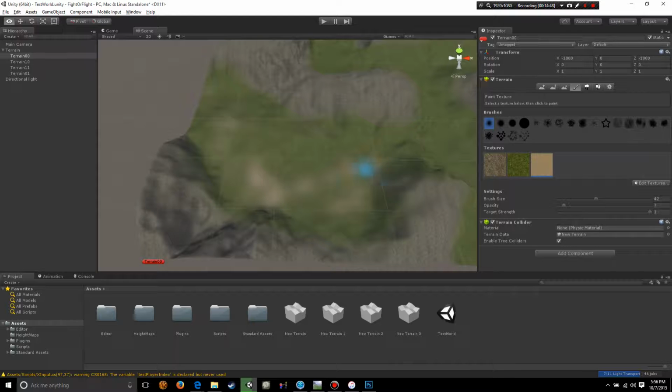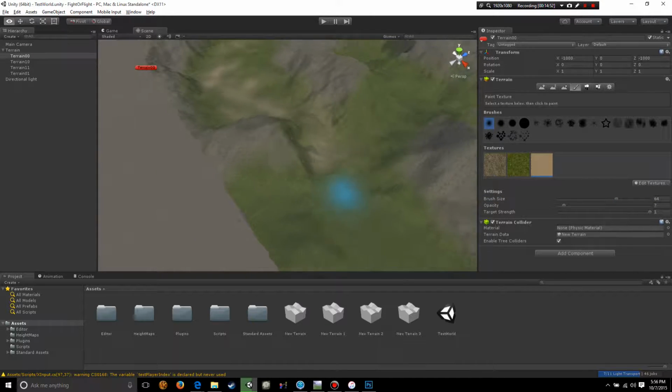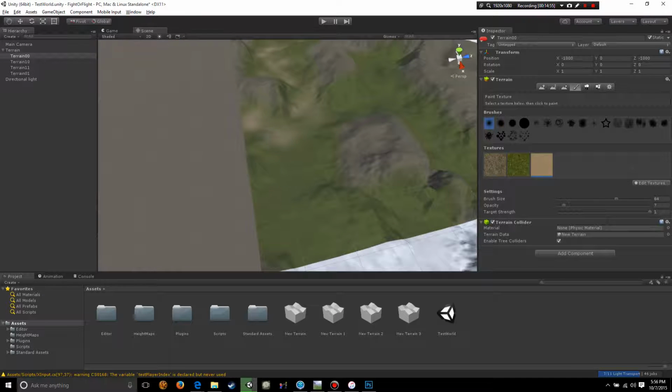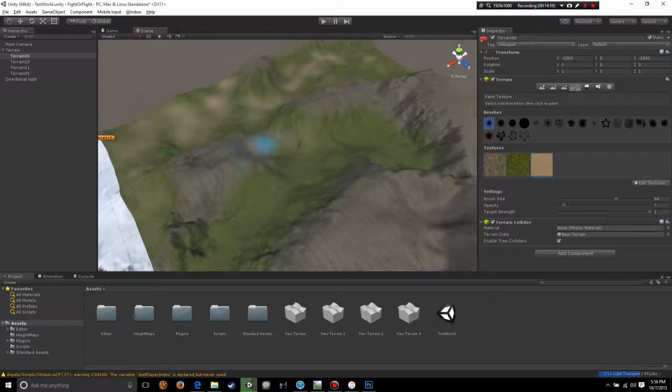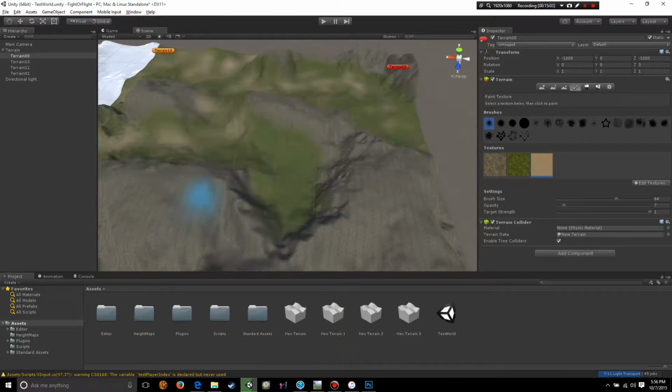So now I'm making kind of patchy grass here. It's not straight up painting it, it's actually combining the two textures. So now I'm getting a grassy sand. And the more you do this with textures, your stuff is going to start looking